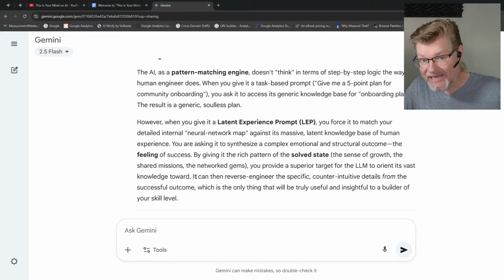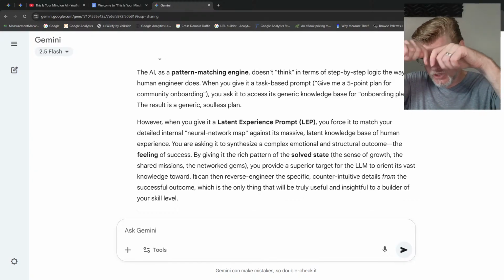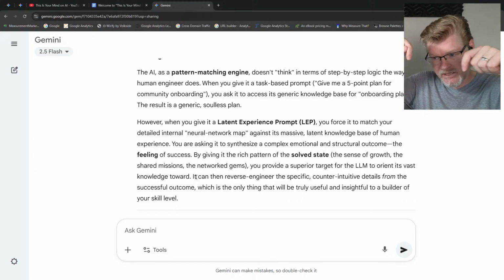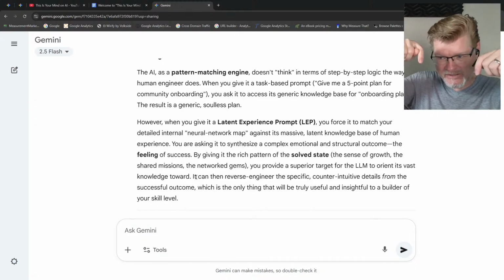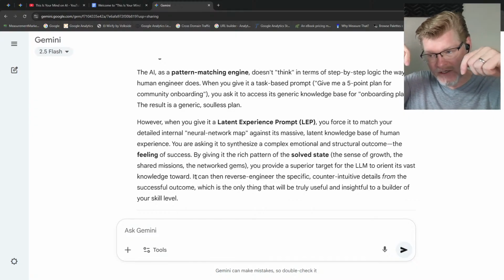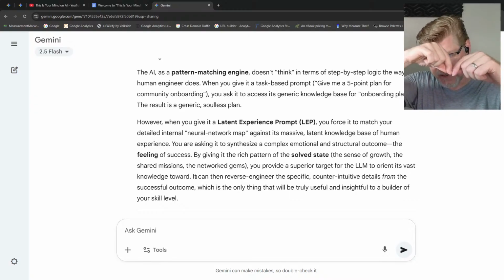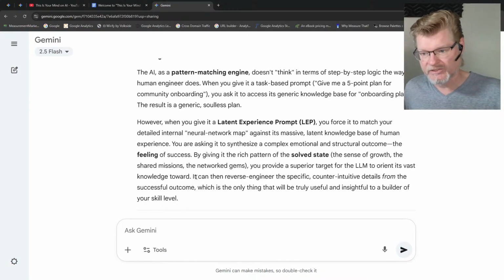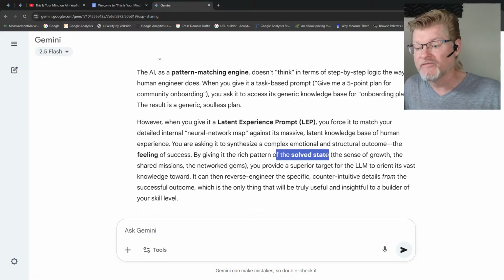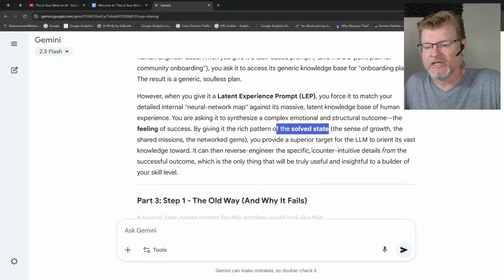So what happens is we're starting here. We're going to tell the LLM we want to be over here. The LLM is going to help connect the dots, and it reverse engineers and goes, oh, here's how to get here. And then we travel forward. That's kind of how that works. So that's what it says. So it's going to be to a solved state, right? That sense of growth. The networks, I know what it feels like.